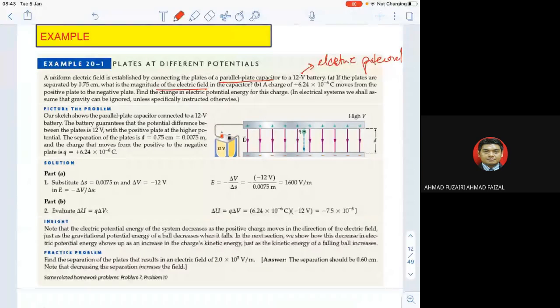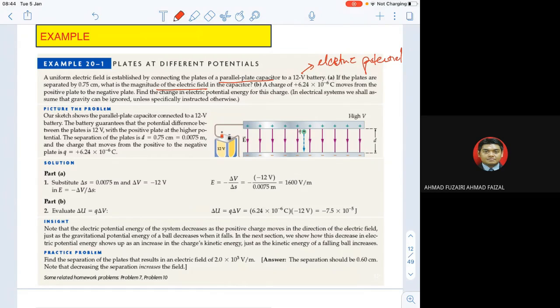They got some relation between electric field and electric potential. Remember, electric field is E, and electric potential is V. Don't get confused, please. Please note that in your mind. What is electric force? What is electric field? What is electric potential? They use the same term electric, but at the end they use force, field, potential. All are different things.